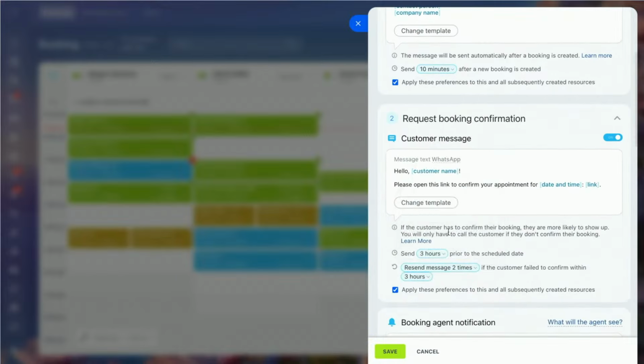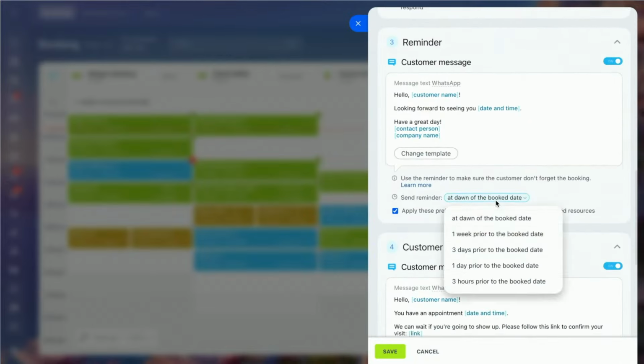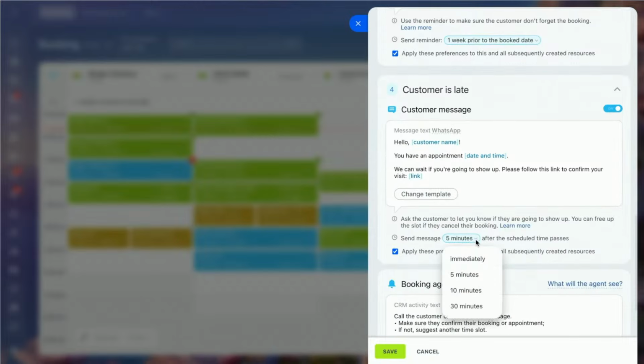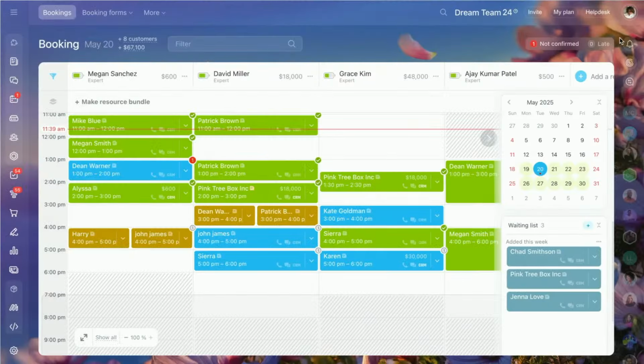They submitted a form, they got a notification: yes, we got your booking, we are waiting for you. If you made a notification a day prior, your client will get a notification tomorrow that they're having an appointment. Don't forget about it, maybe in an hour. So you are always sure that your customer is going to come, and your customer never forgets about their appointment. It's all used to utilize your resources 100%, and we have many more features in our booking, so it makes